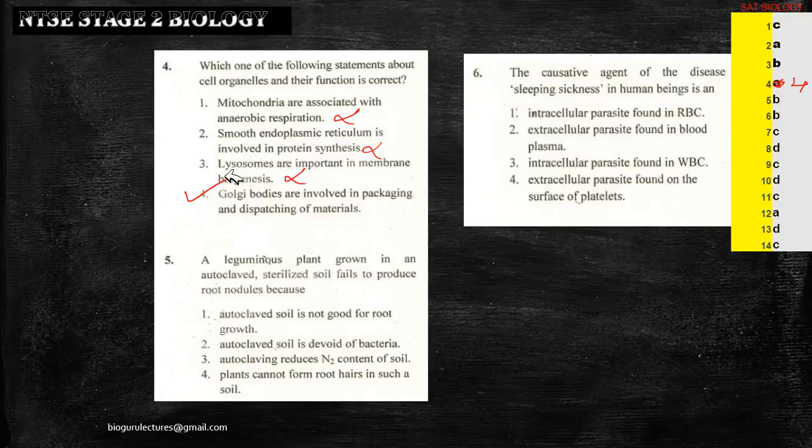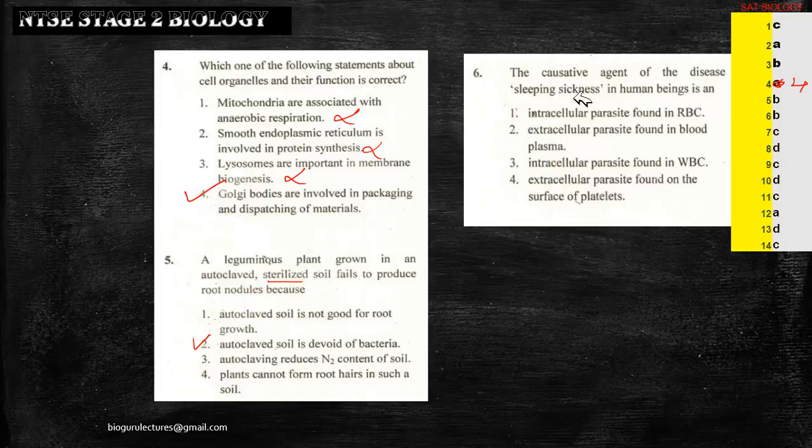Next, fifth one. A leguminous plant grown in an autoclaved sterilized soil fails to produce root nodules because, we have a lot of reasons here. When you say sterilized soil, you expose the soil to a certain limit of high temperature. This temperature provides conditions where microbes can't grow. So obviously you can see the soil is devoid of bacteria. And next, sixth one, the causative agent of the disease sleeping sickness in human beings is an